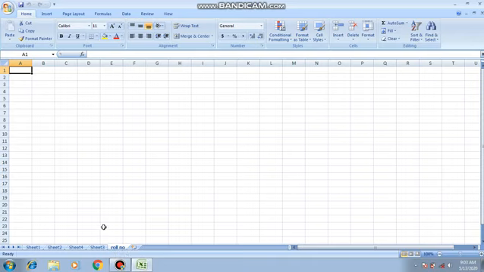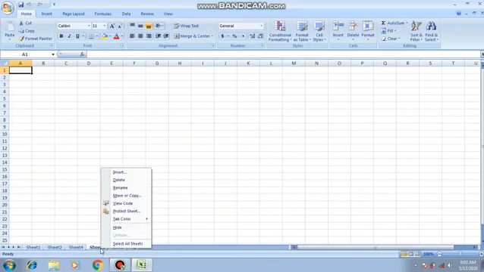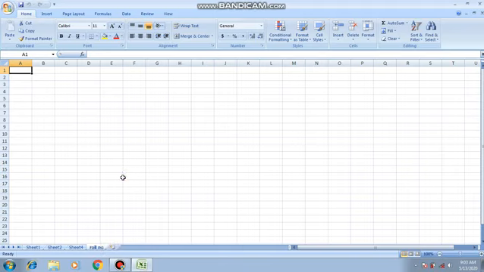And the last option you can do with the sheet tab is deleting a worksheet. Suppose you want to delete a particular sheet, the method is the same. Select the sheet that you want to delete, right click on it and click on the delete button. Your selected sheet will be deleted. These are the 3 options you can do with the sheet tab. First, you can insert a new worksheet. Second, you can rename a worksheet. Third, you can delete a worksheet. In the next lecture, I will tell you about the range and naming of a field.